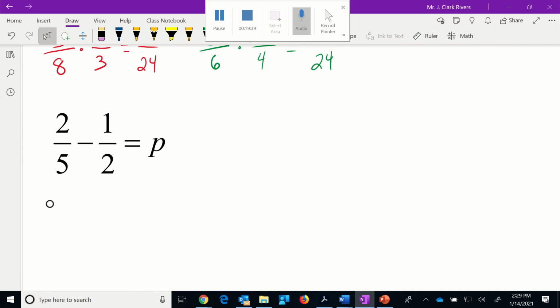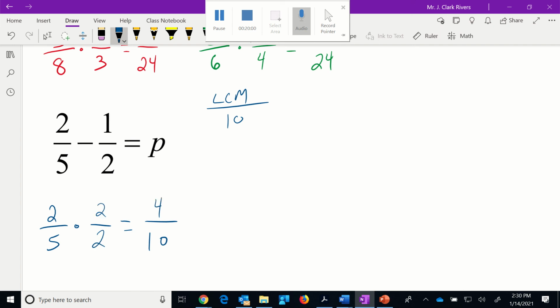All right, first we think to ourselves and we say, what is the LCM here? The LCM of these two is 10. So 2/5 multiplied by something gives me a denominator of 10. We have to multiply by 2. 5 multiplied by 2 is 10. 2 multiplied by 2, we get 4. Okay? So 2/5 becomes 4/10